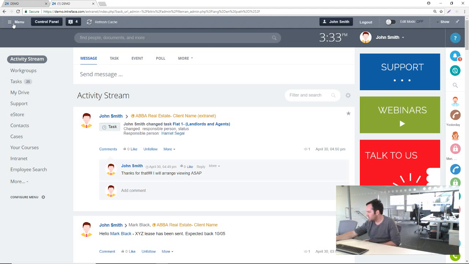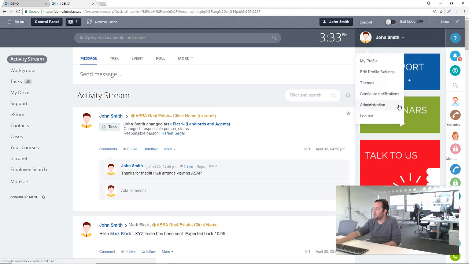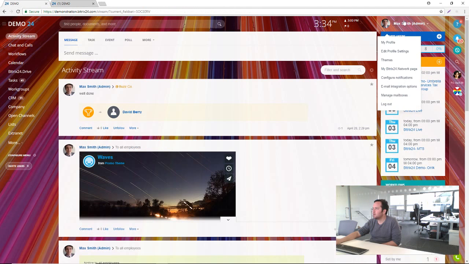Let's see what other questions we've got. We've just got a question about the email integration on Bitrix. It does have quite a powerful email integration tool, again available on the cloud and on the self-hosted. If you go into your profile at the top right here, and go into email integration options,